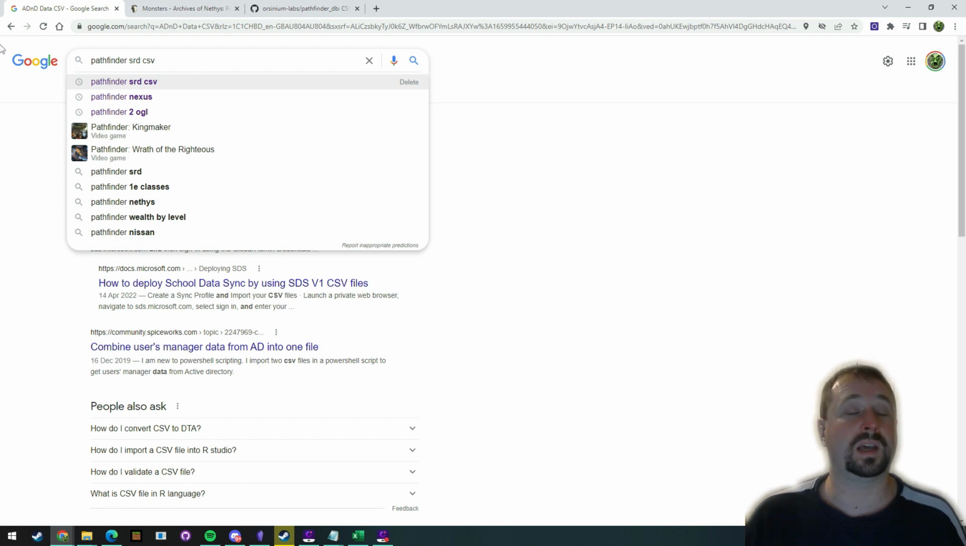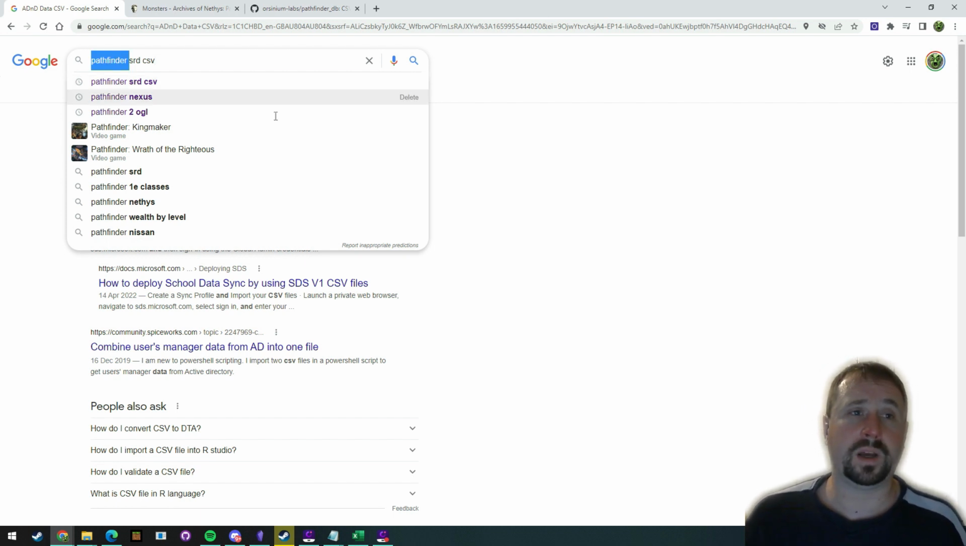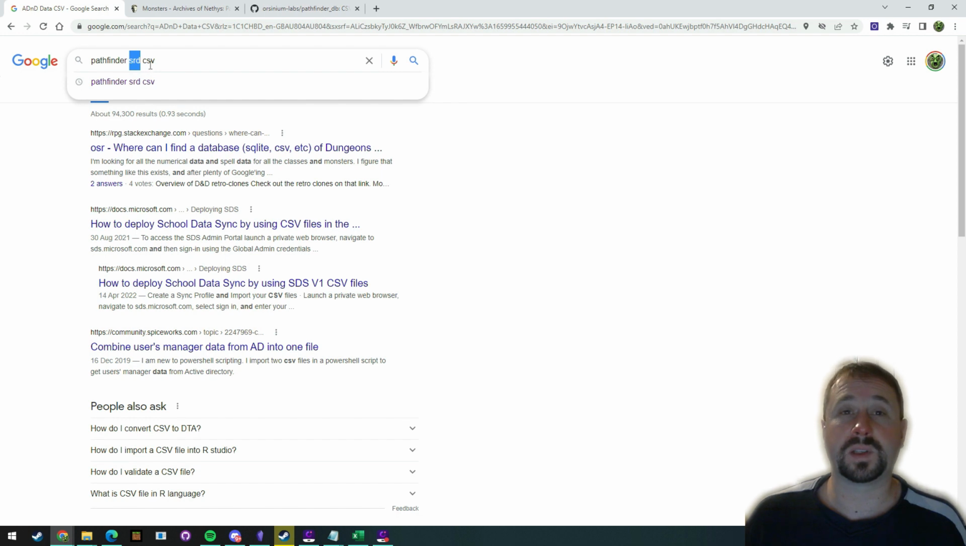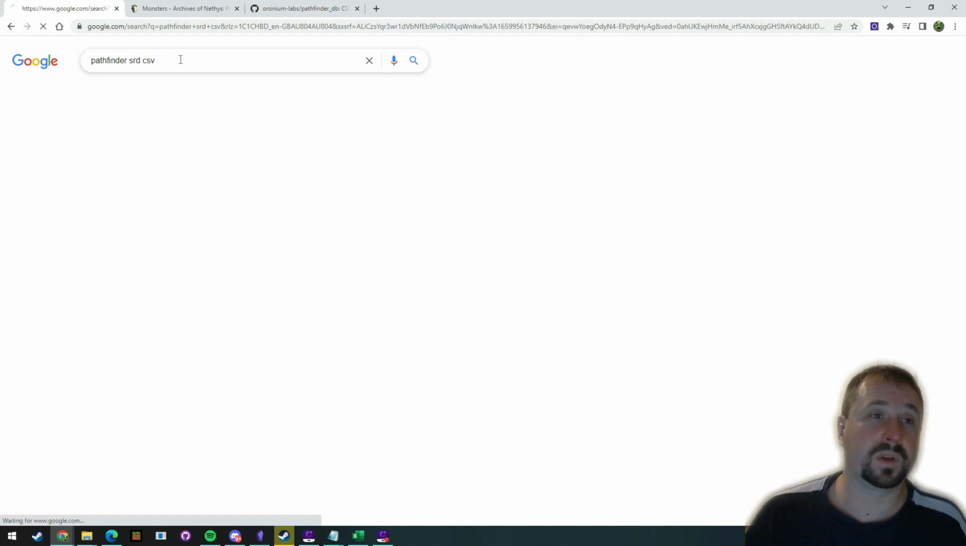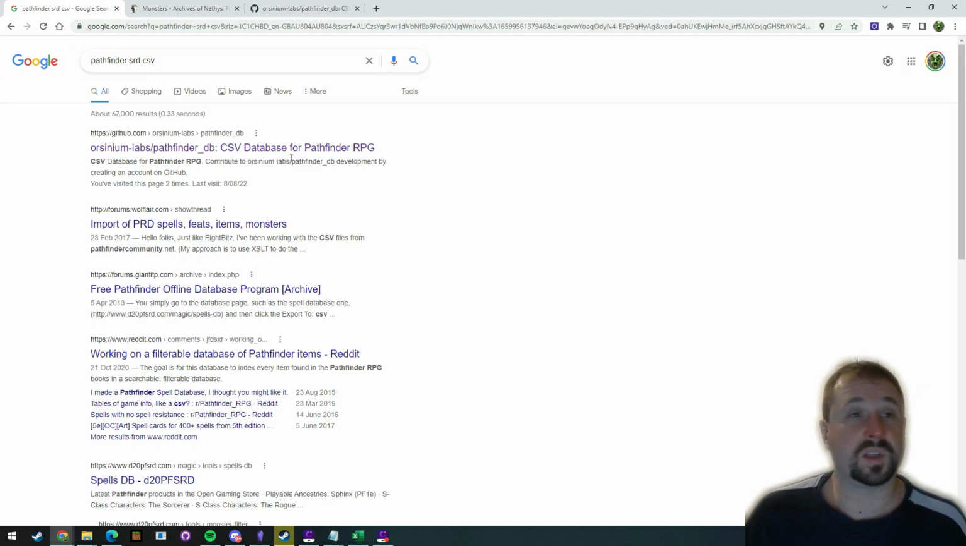What that means is that other third-party applications can replicate those rules into their applications or into their own modules or adventures that they write. Because of that, you'll quite commonly find the SRDs are easy to find on the internet. So I search Pathfinder SRD CSV, meaning I want to find the Pathfinder system reference document in a CSV format. If I hit enter, the first option says here's the CSV database for